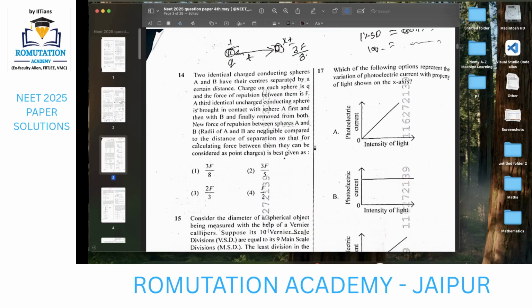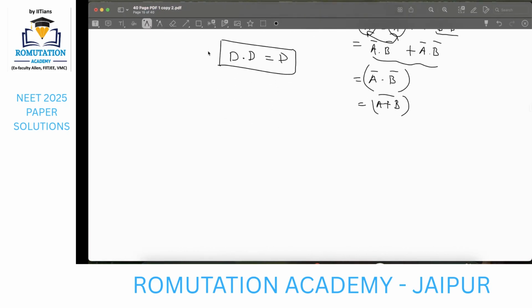So compared to the distance of separation between them, for calculating the force they can be considered as point charges. So they want you to use Coulomb's law here, which is what is written in this whole bracket. You can see, right? So the question says that